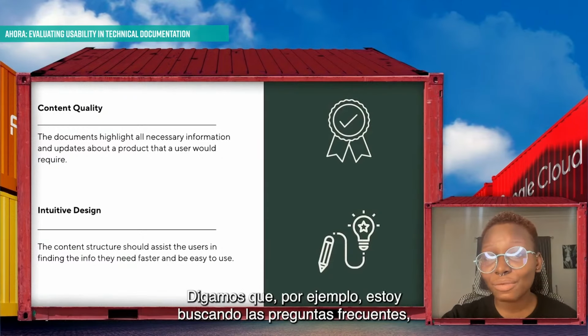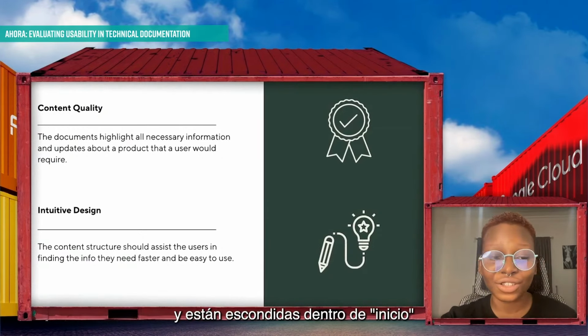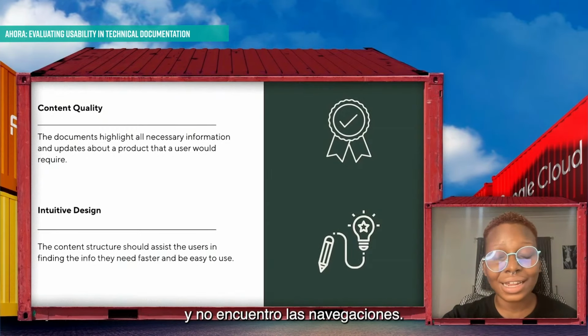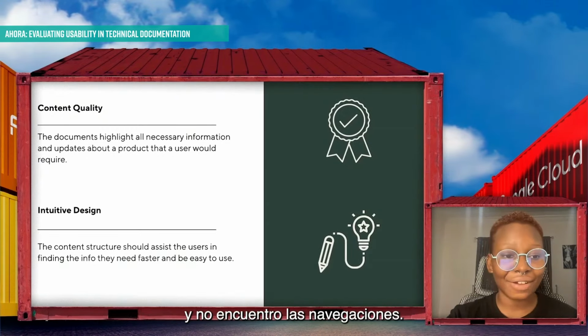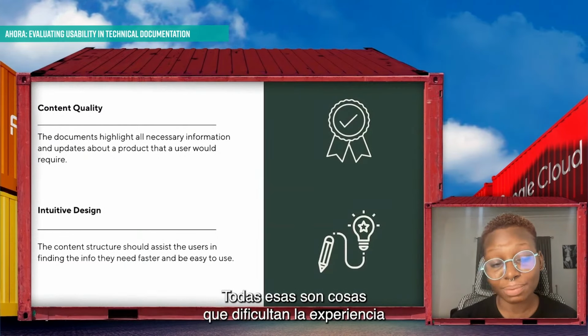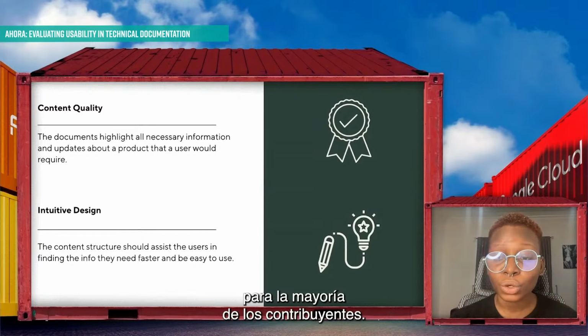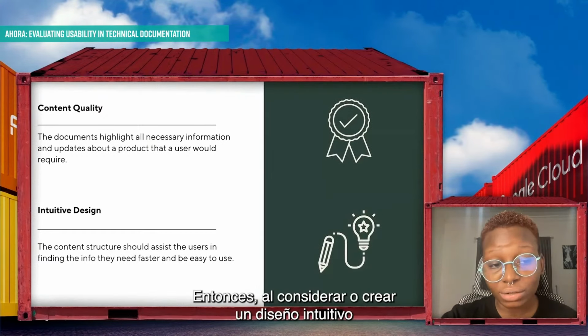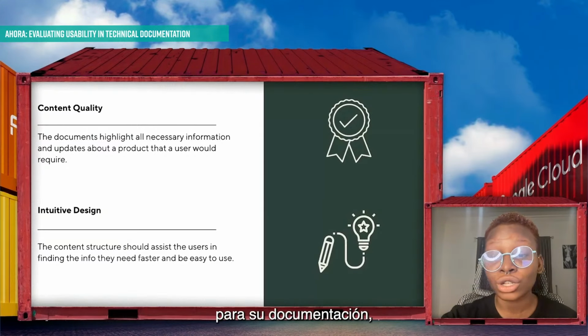Let's say, for instance, I'm looking for the FAQ and the FAQ is hidden within the getting started and I can't seem to find the navigations anywhere. All of that could make the experience really challenging for most contributors. And so to create an intuitive design for documentation, you should look out for